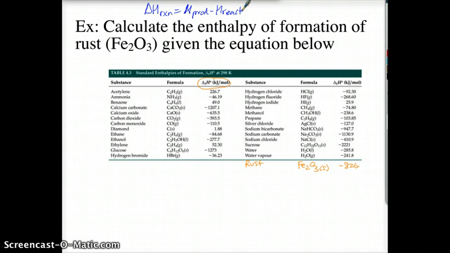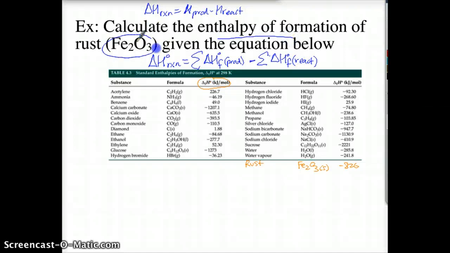We can now expand that equation to say the delta H naught of a reaction in standard conditions is going to be equal to the sum, the sigma means sum, of the enthalpy of formations of the products minus the sum of the enthalpy of formations of the reactants. Because a molecule might have more than one reactant or more than one product. So how do we apply that to something like this,